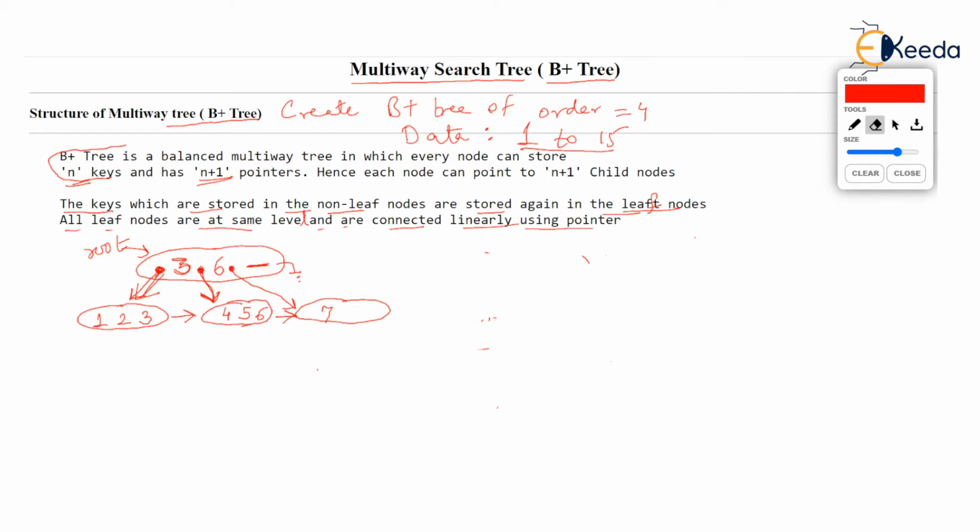You have followed it, but let me complete it, or at least go halfway through. Let's add 8. 8 will go to the right of 6, so 8 will join 7. Then 9 will join 7 and 8. But 10 can't be added, so the median 9, the third key in this node, will go up.